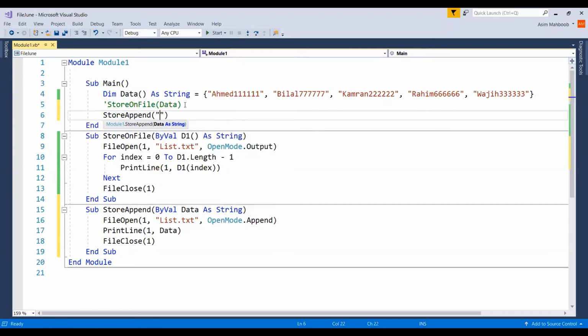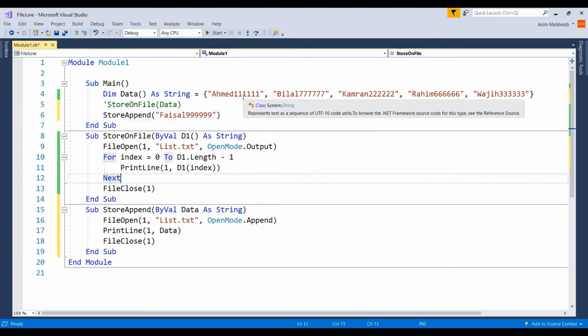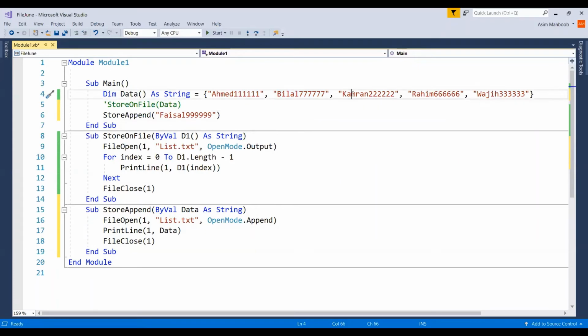एक नया नाम इसमें हम कर लेते हैं, फॉर एग्जांपल फैसल और 999999। ठीक है, अब पहले वहां कितने रिकॉर्ड हैं, 1 2 3 4 5 रिकॉर्ड्स वहाँ ऑलरेडी यूज करते हैं और अब हम एक नया रिकॉर्ड फैसल भी उसमें स्टोर करने जा रहे हैं। तो आई एम गोइंग टू रन,